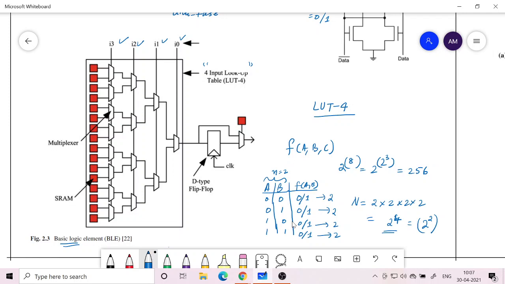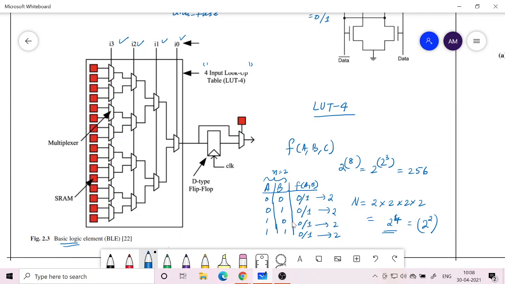Why? Because with 3 input variables, small n equal to 3, you can have 8 rows here, and in each row you can have 2 different ways which you can decide independently. So 2 raised to the power of 8, that is 256.